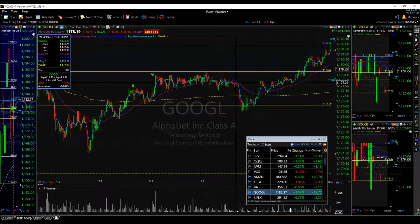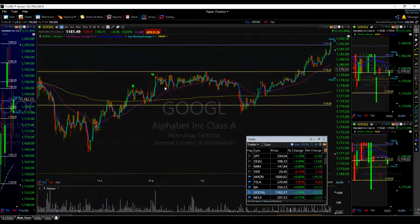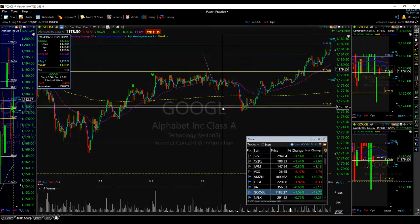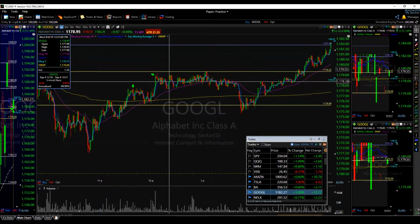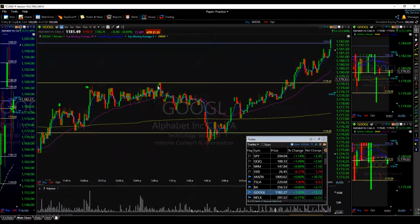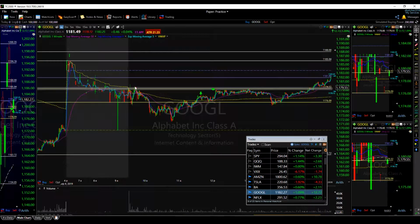hour and a half period of consolidation, which is kind of through lunch. We'd see the SPY rip up, not a lot, or it's kind of come down, and same with the Qs, and Google was just chopping, just up, down, up, down, up, down, not really doing anything whatsoever. And then finally, we got this test here, which is kind of a double top area, and just below the